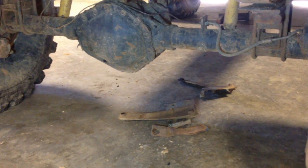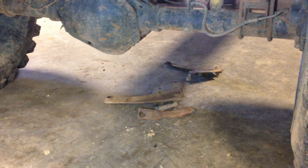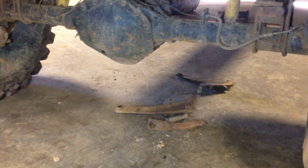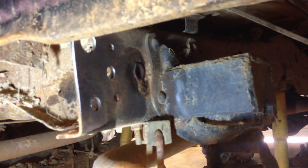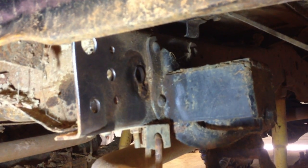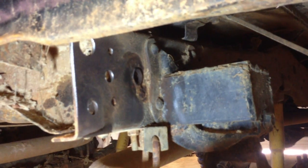Well, the first thing, of course, I did was I took off the old brackets, which you see under the truck there. That was easy enough because there's no bumper on it, so there wasn't any weight to it. And then you can see right here, there are the factory holes for a bumper. And the one in the very back